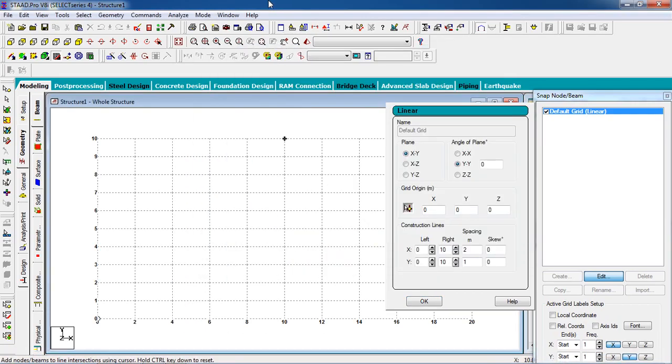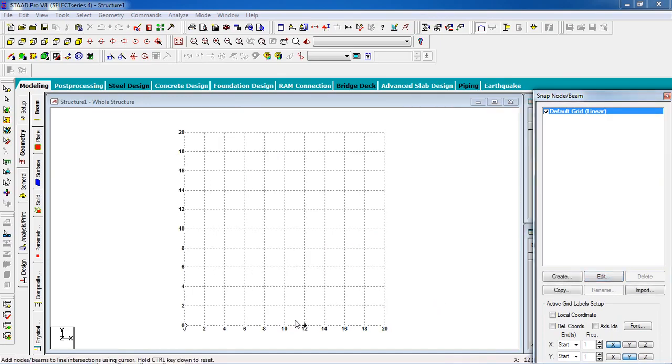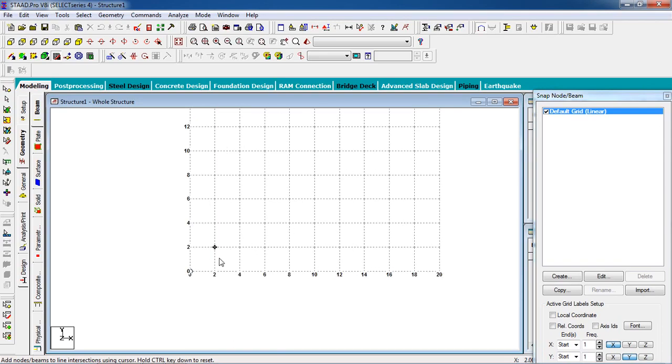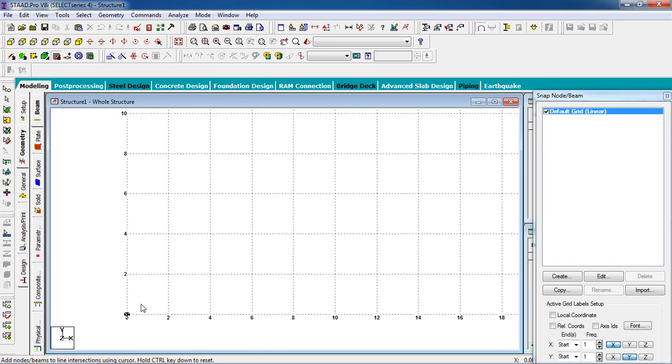See, 2 meter. In the y direction also the spacing is 2 meter. Then click on OK. Now in the x direction it is 6 meter divided into 3 parts, so 2, 2, 2. In the upper it is 2, so just create